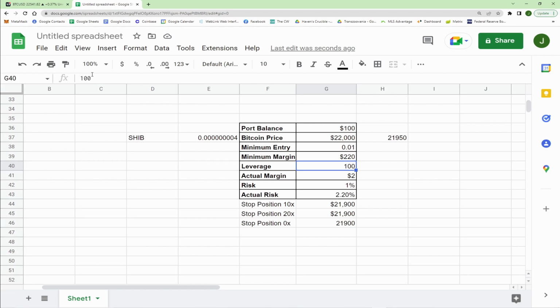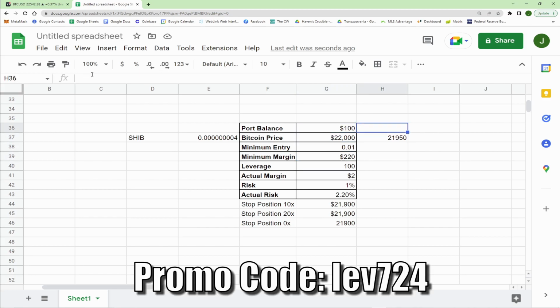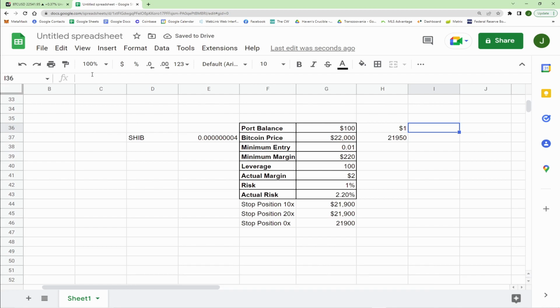Now, unless you're doing 100x and you're okay doing a trade of $1, and you're okay if liquidation is your stop loss, that's fine. Go ahead, do yourself 100x leverage. But when you're talking about high leverage versus low leverage, you can put more money down and your stop doesn't have to be quite so tight based upon how quickly you're going to get liquidated.